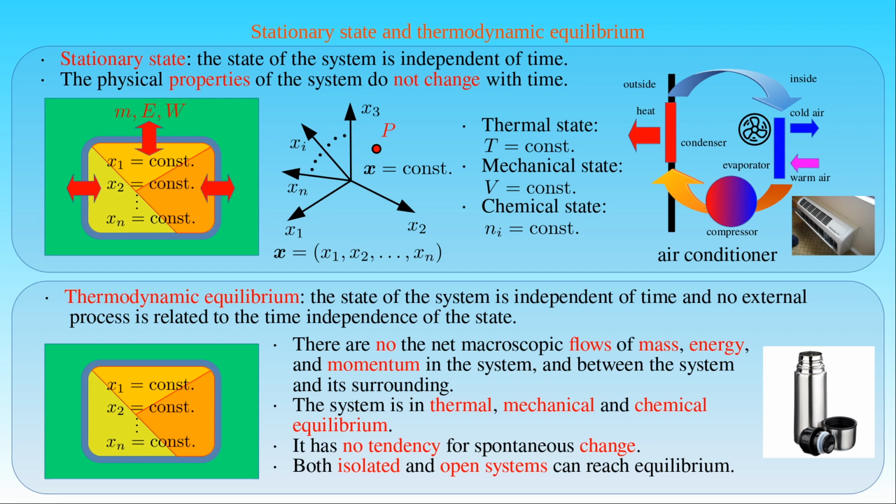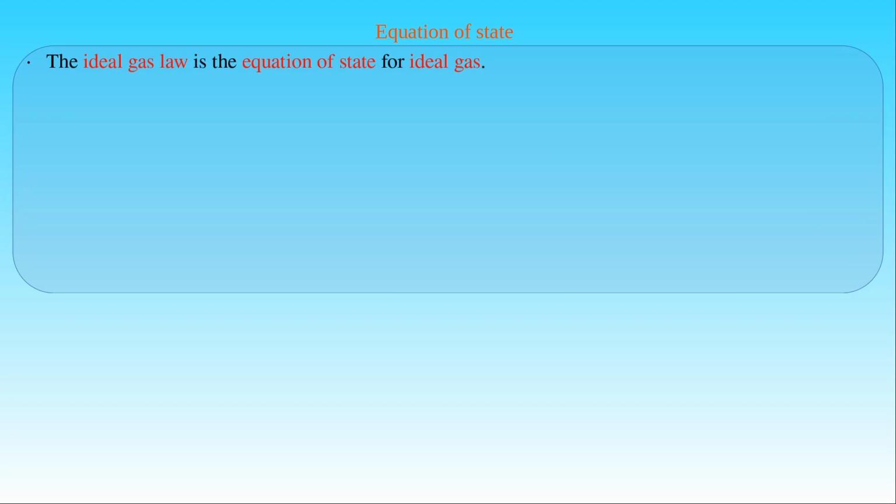Then the substance can exchange heat with its surroundings and mix with it, depending on whether it is a gas or fluid. After equalizing its temperature with that of the surroundings, the substance will reach its equilibrium in the open flask. When we discussed the ideal gas law, we considered the functional relationship between the state variables of the gas given by the law as the equation of state for ideal gas.